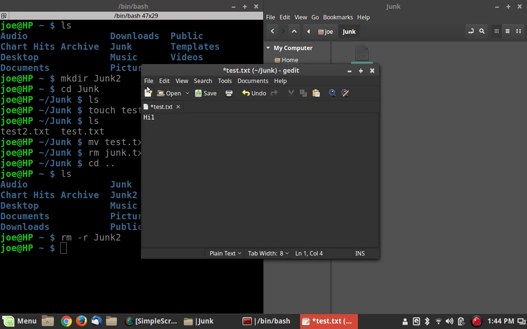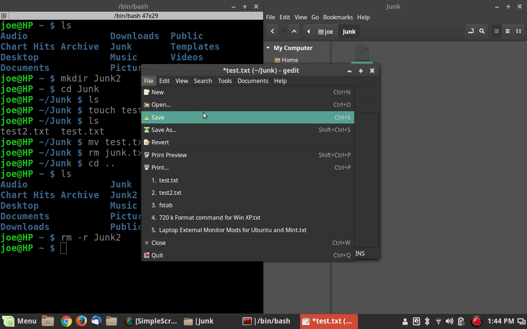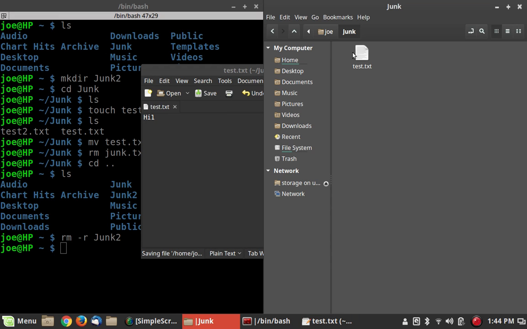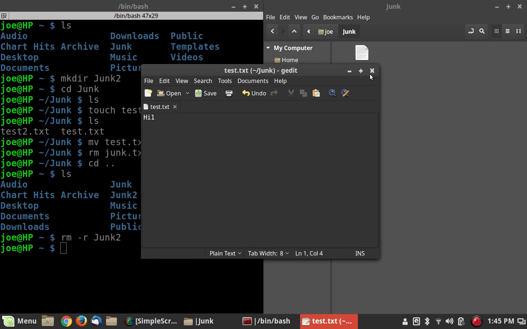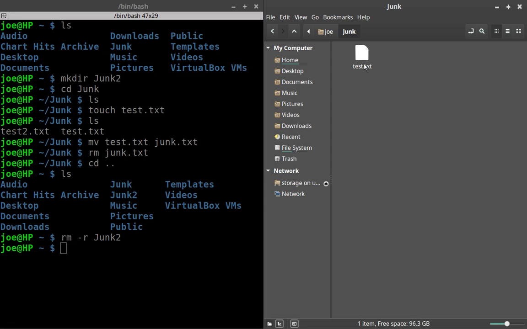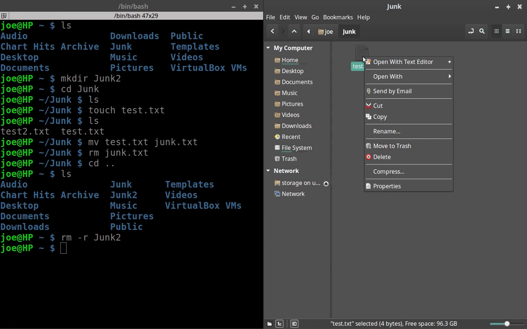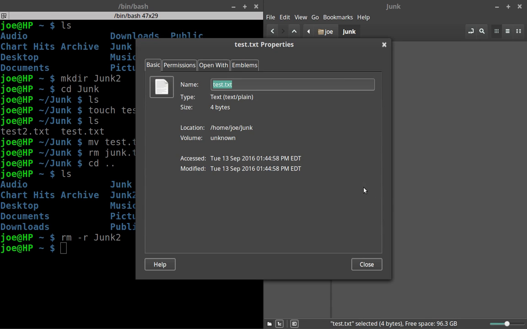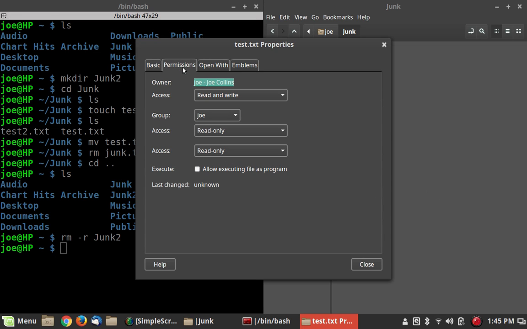And now, if we save the file, we have a file that has something in it. And every time we click on it, it will open in a text editor. You can reassociate this stuff. Let's go to properties. So for instance, if I go to